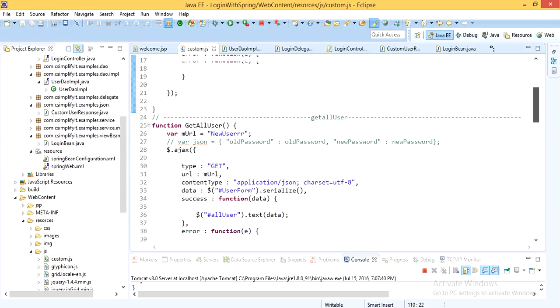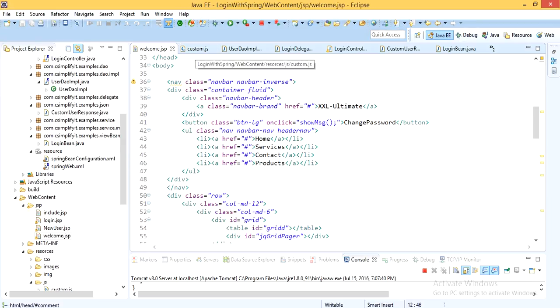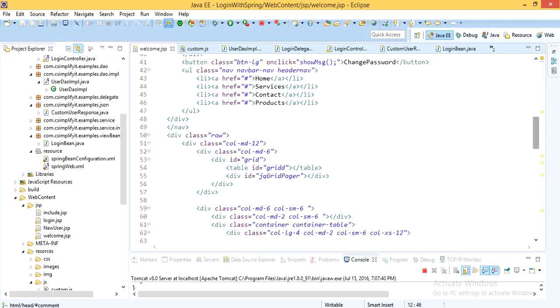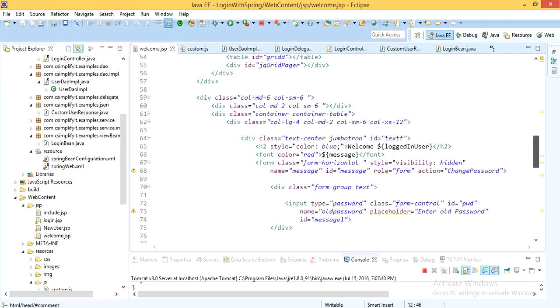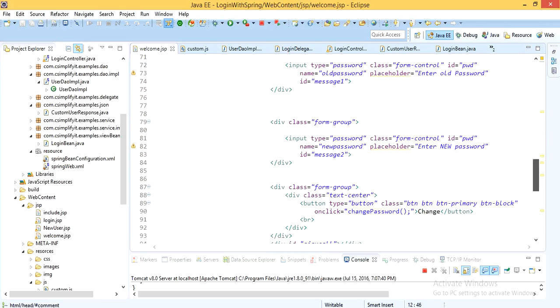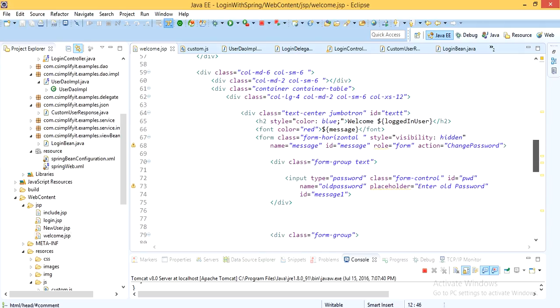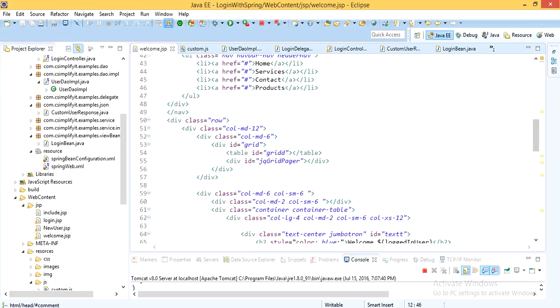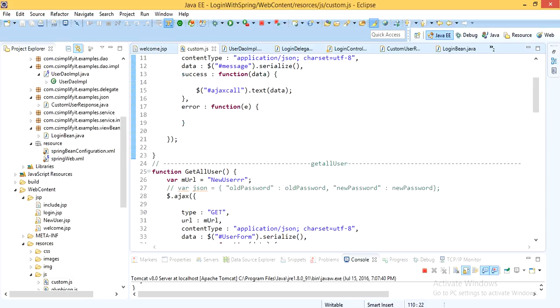This is my JS file, and we have to show my welcome JSP, which is responsible for showing all our data. This is our ID that is responsible for showing our data.